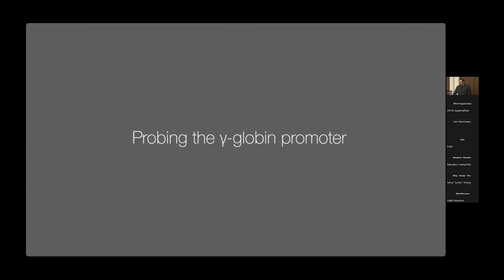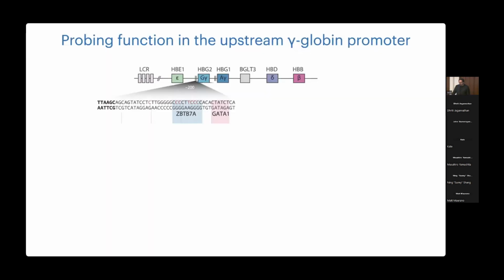So, all right, we want to now go in and probe one of these regions in detail. If I go into the gamma globin promoter, it has a bunch of elements in it where specific transcription factors bind. We're now maybe at minus 200, so 200 base pairs up from the transcription start site. That's where the protein ZBTB7A binds, and right next to it, there's a binding of an activator,